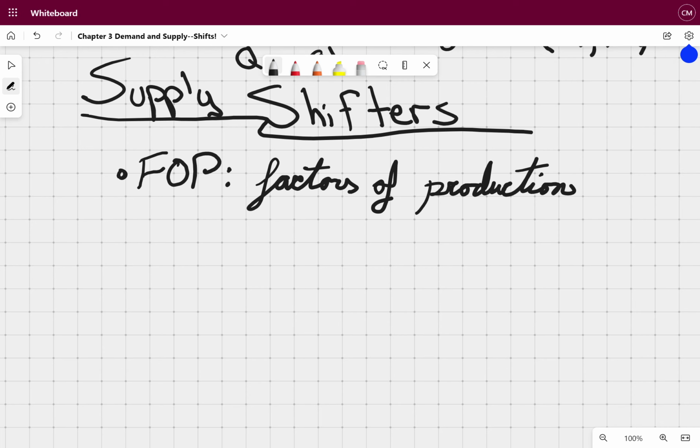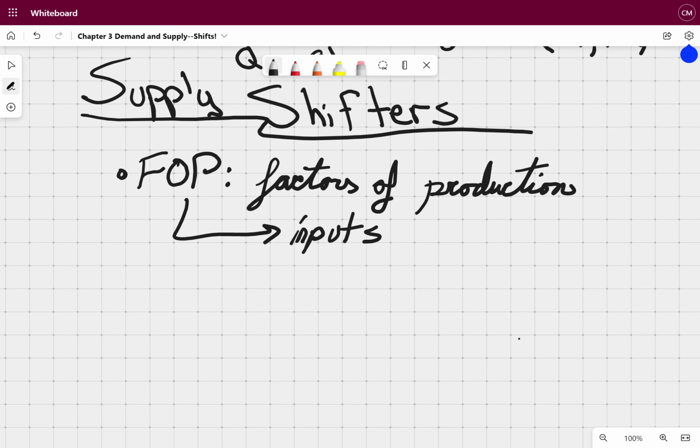So factors of production, right? These are the inputs. So we are seeing this right now, right? In terms of just the general inflation that we're seeing. Why is that? Because gas is an input in everything, right? It takes oil and gas to ship things places. It takes oil to make the packaging for a lot of the things that we purchase, right? So when the price of that input, that kind of core input increases,